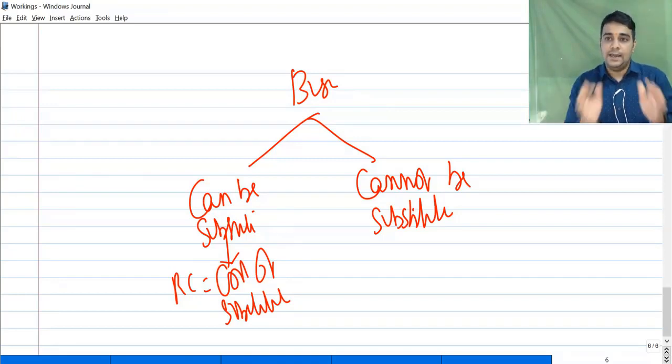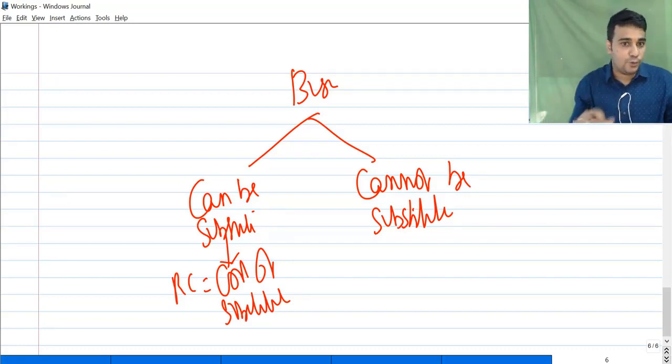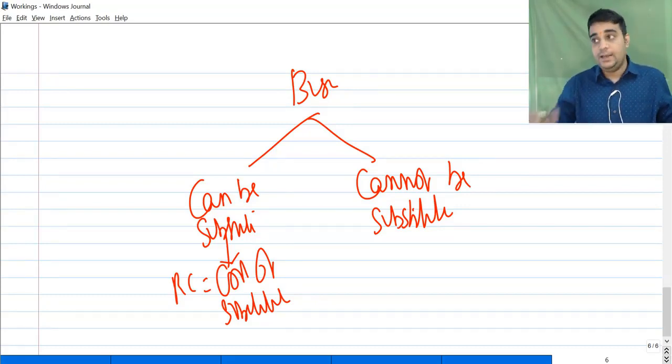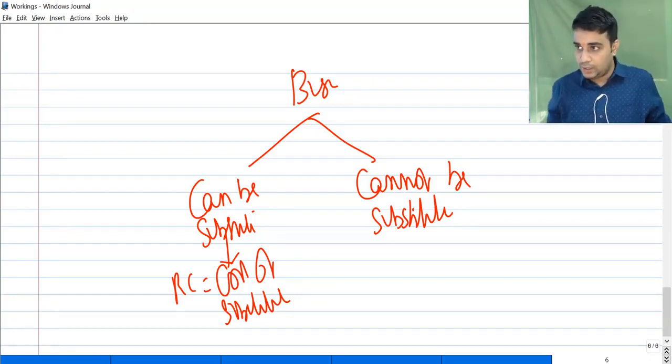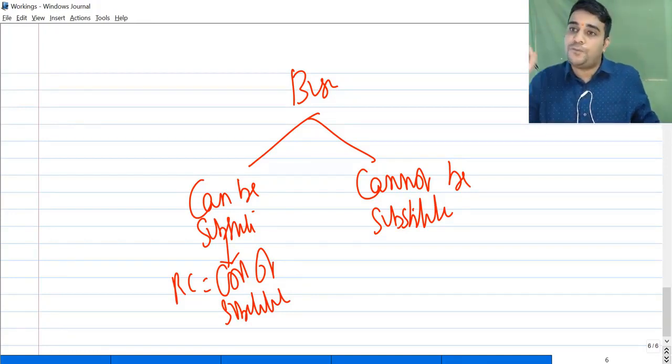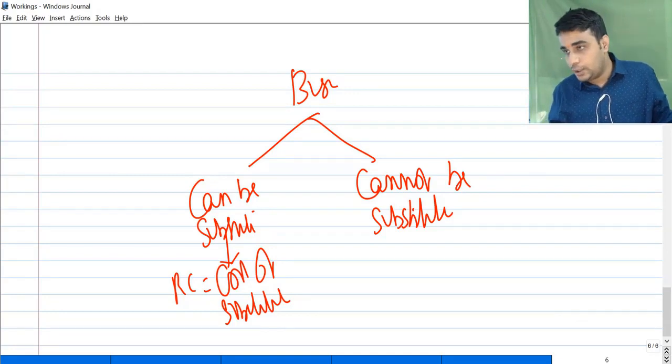Relevant costing will say in a yes scenario, manager 1, 2, 3, 4, 5, 6, all the 6 people are needed in the company. 1, 2, 3 and you recruit 4, 5, 6. 1, 2, 3 you pay salary, 4, 5, 6 you pay extra salary. In a no scenario, 1, 2, 3 remain in the company and you pay salary only to 1, 2, 3. So because you took up the project, you are paying salary to manager 4, 5 and 6 who are working on some other project. I am not bothered about that. So relevant cost is cost of the substitute.